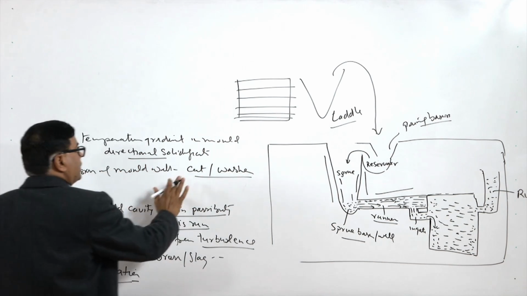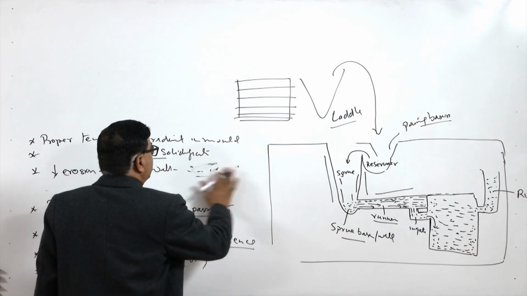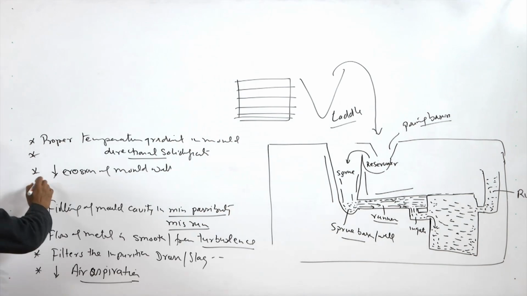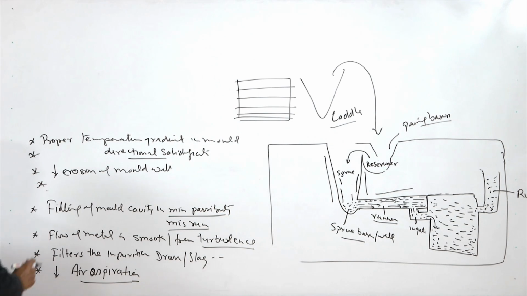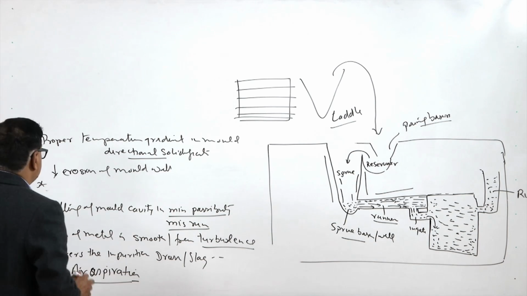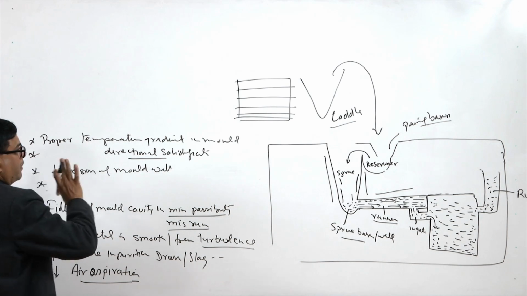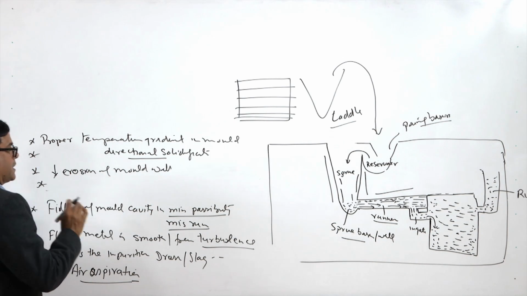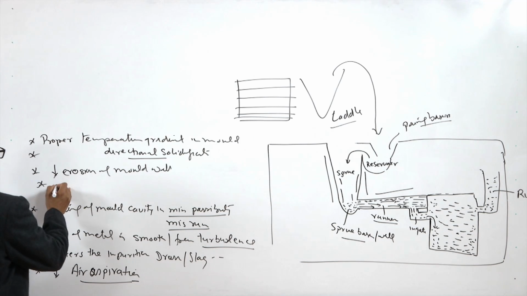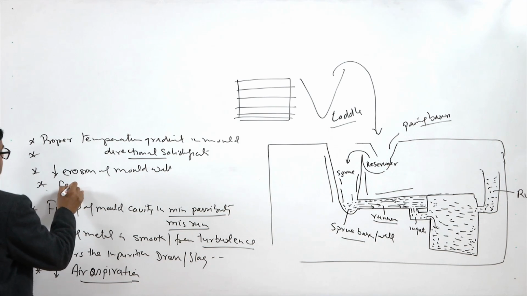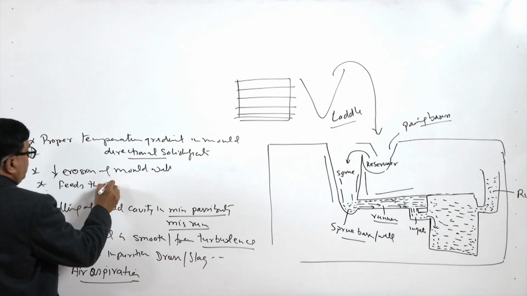So, to avoid this kind of defect tendency in the castings, the erosion tendency of the mold walls is reduced, and the gating system is also designed in such a way that it feeds the required